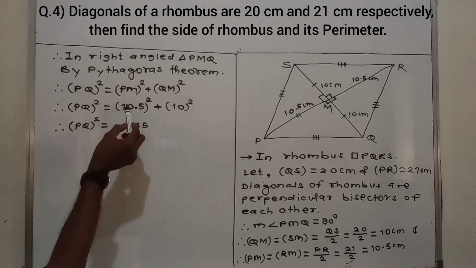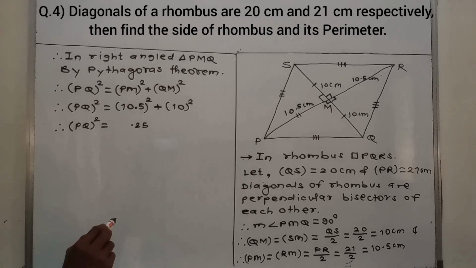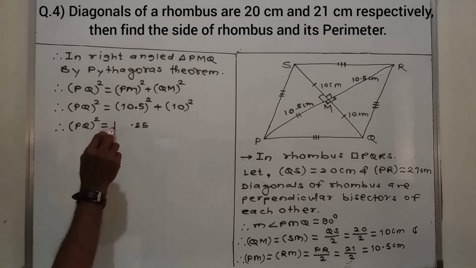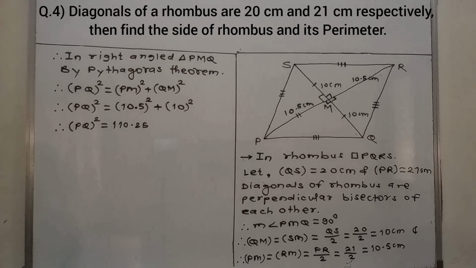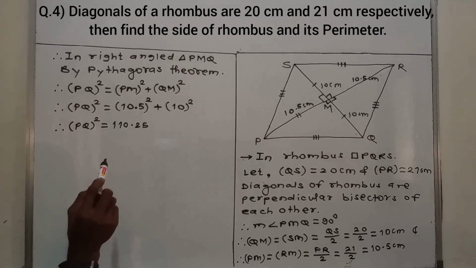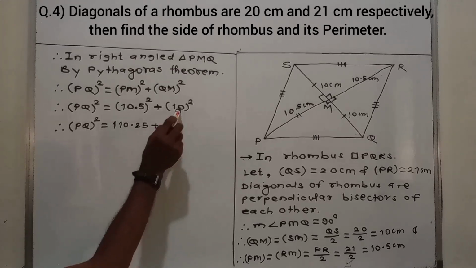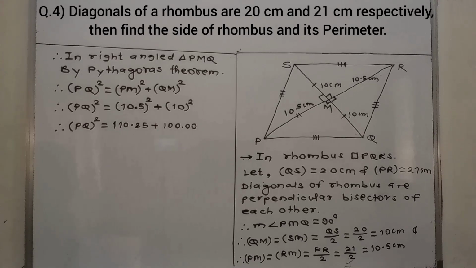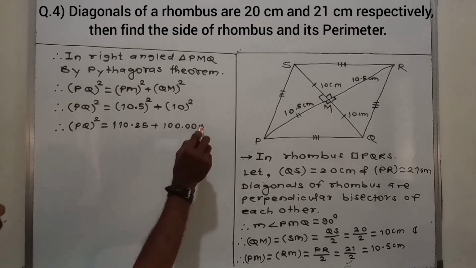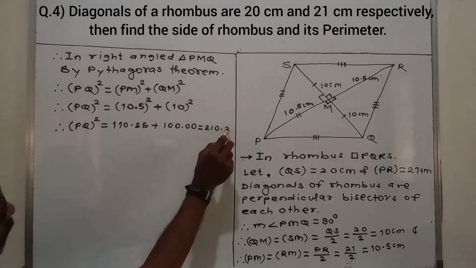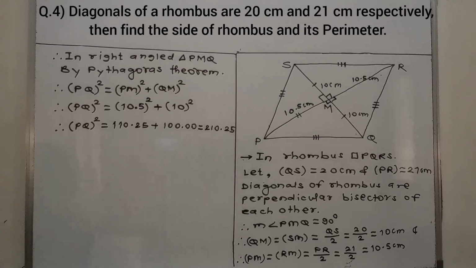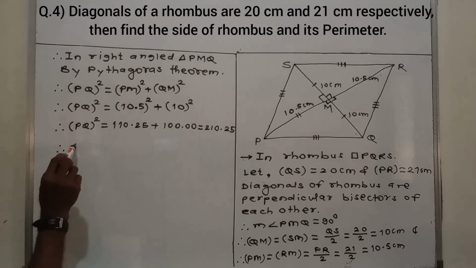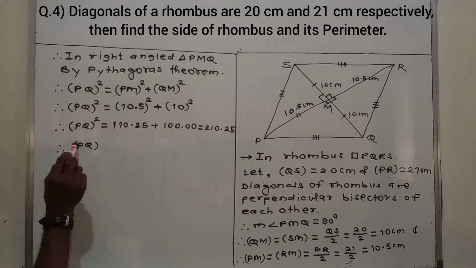And what is this 10? After 10, 11. 10 into 11 means 110.25 plus 10 square. 10 square is 100. Did you get it? Is equal to 210.25. Therefore, taking square roots of both the sides,